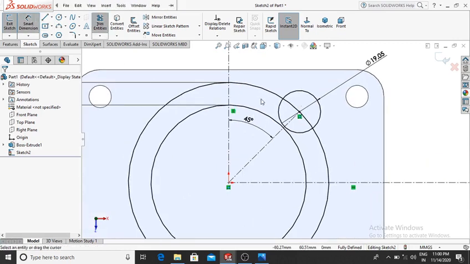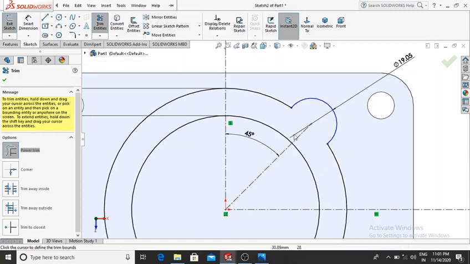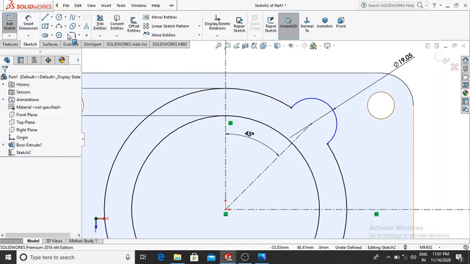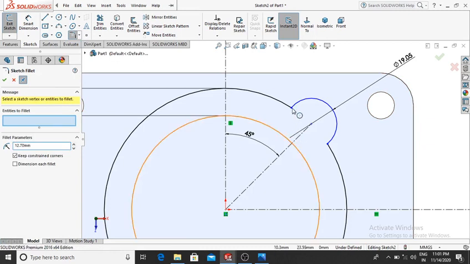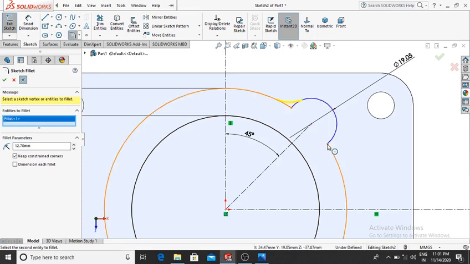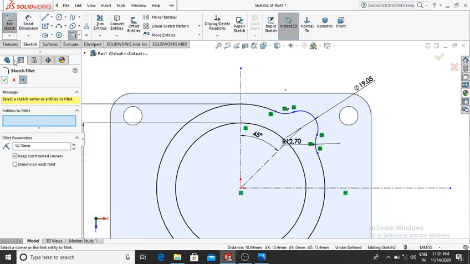Go to the trim command and simply select and drag this one, then OK. Here we apply the fillet of 12.7 radius, so make it 12.7 and select this one and this corner, then OK.